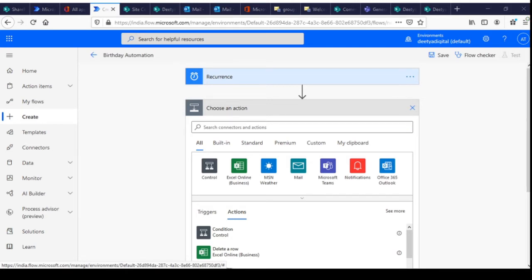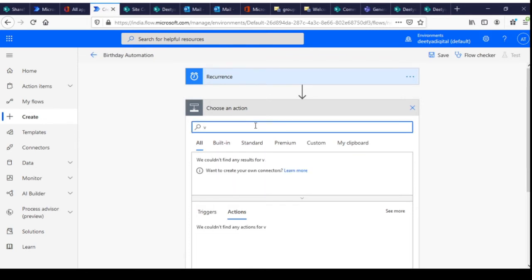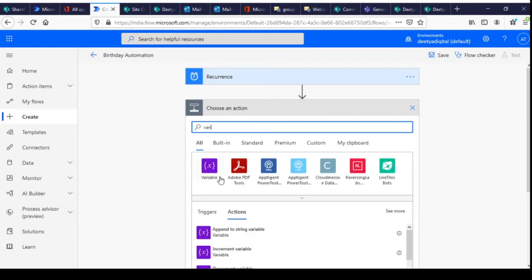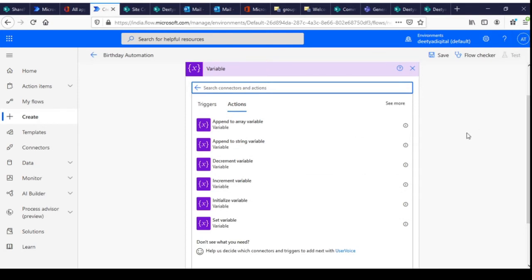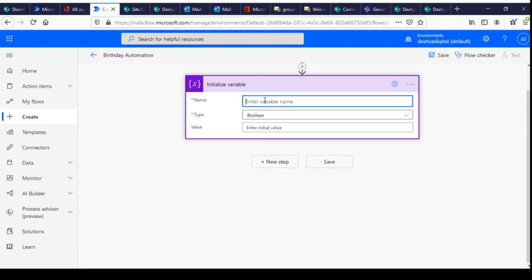I'll declare the first variable, and I'll explain why I am declaring it. Initialize variable, DL email ID. Okay.